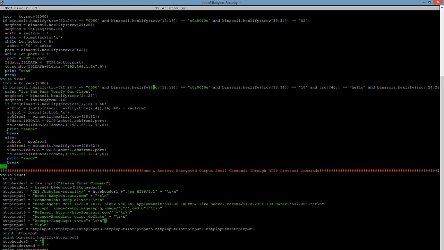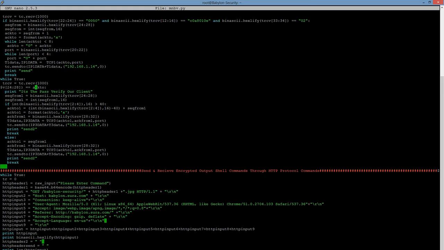So if we get to the same port we are listening, which is 80, from the IP address we are willing to get from, with the TCP flag push ACK, 18, with the word hello, which we take from the TCP data section,